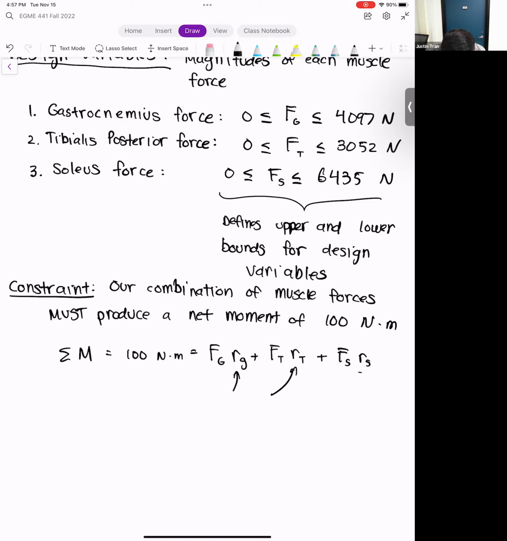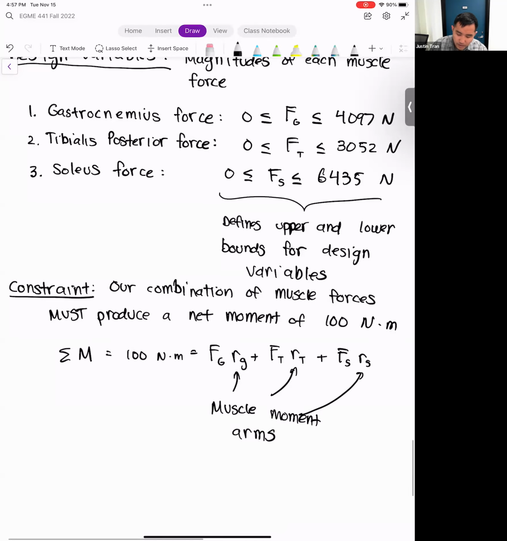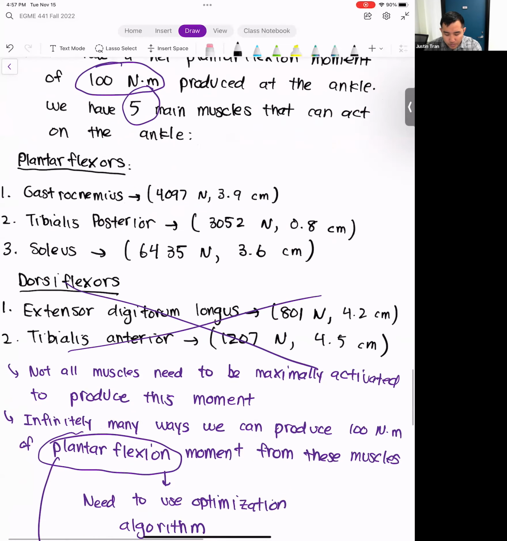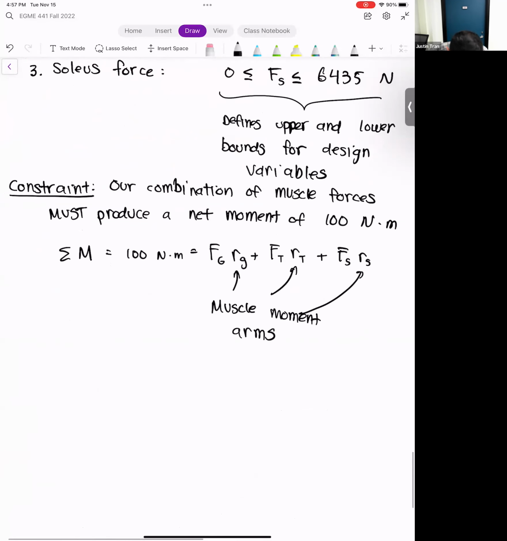So all these R variables here, these are the muscle moment arms. And we can go ahead and plug in for those because those actually aren't going to change. And so we can plug in for the muscle moment arms here. Okay. And so for our constraint, we say that we have 100 Newton meters. This is equal to